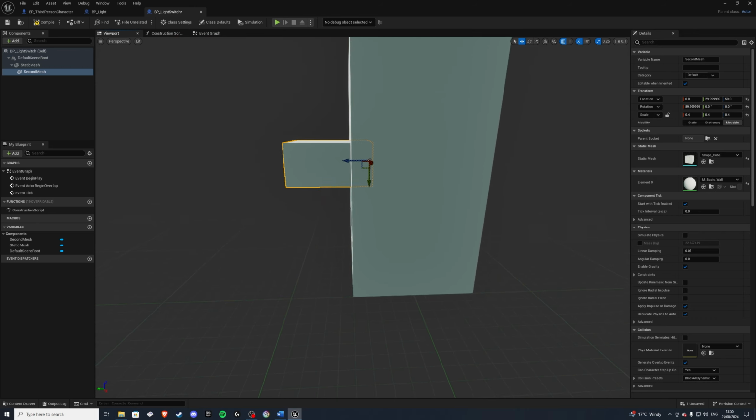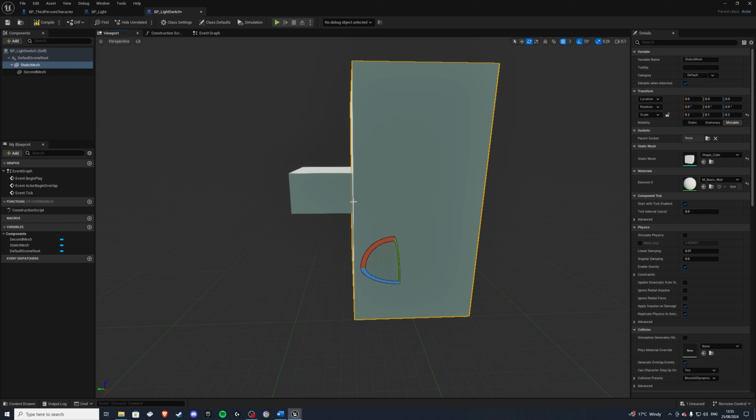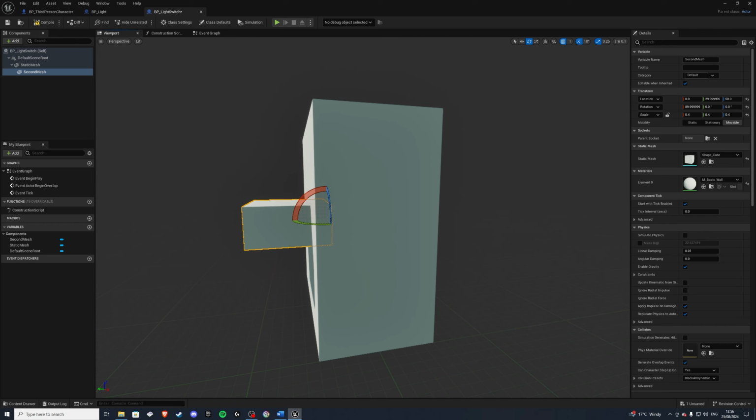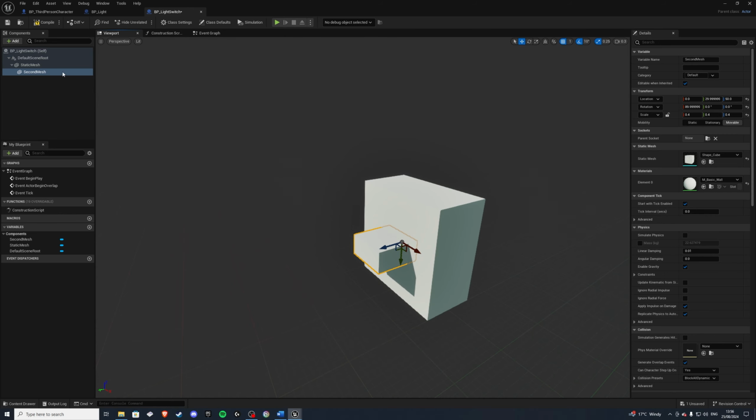Something like that. Now, whenever we turn the switch on, if I turn rotation on as well, we can select this and this will turn off and on. So we can see on the x-axis, this is 60. Let's say this is 120. So depending what you want, you can set that too. Now, with knowing what the values are, 60 and 120, we can select this second mesh and go to the